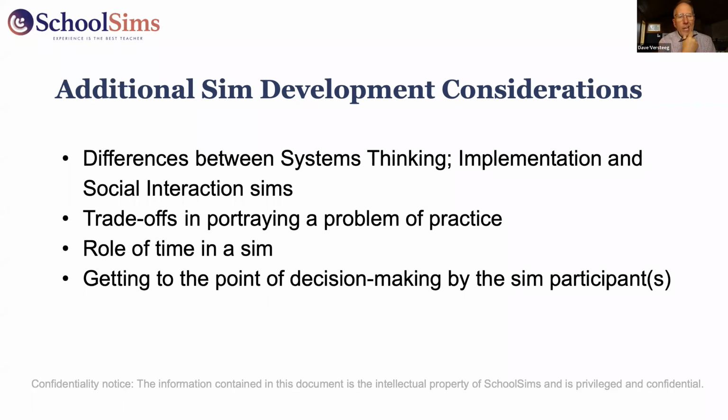That's excellent, Ken. And the last point is, we're not going to get there today, but getting to the point of decision making, you've hit upon it, is a really key part of the role of time. What are those decision points, and how does that flow within the sim? How many of them are there? And then what we're going to really need some feedback from our participants on, in a few weeks, is, as we flesh out a decision point, what is the participant's choice? We like to have 4, 5 choices, and then the consequences of those choices are going to be good points for feedback from our participants.